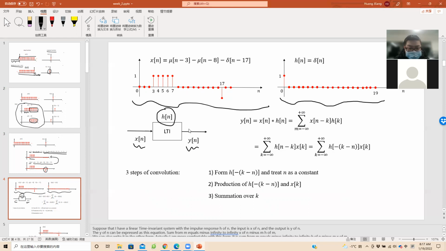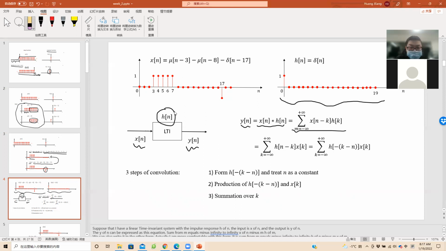According to the signal and system, the output y of n should be the convolution of x of n and h of n. So it's defined as this equation, and it's the sum from